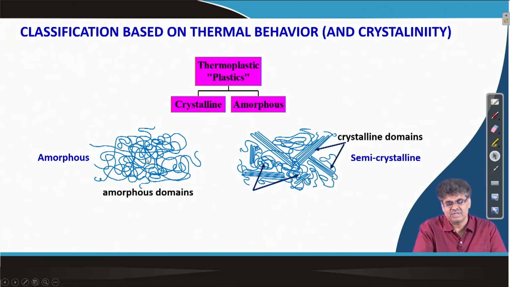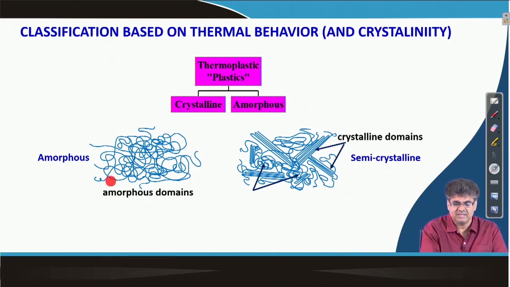As you can see, there is no crystalline domain in this case. These are all amorphous domains. Crystals, as you know, need long range ordering of the molecules, but in this case none of these polymers have any order, even localized. There is no localized order as well. So this is an amorphous domain, and we have a perfectly amorphous polymer. Now, we can also have, as we discussed, a semi crystalline polymer, because in this case we have a partly crystalline structure.